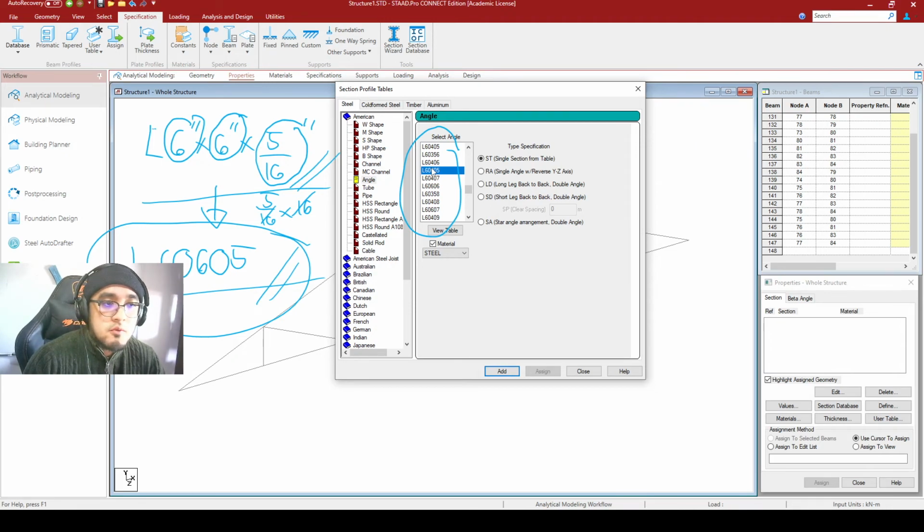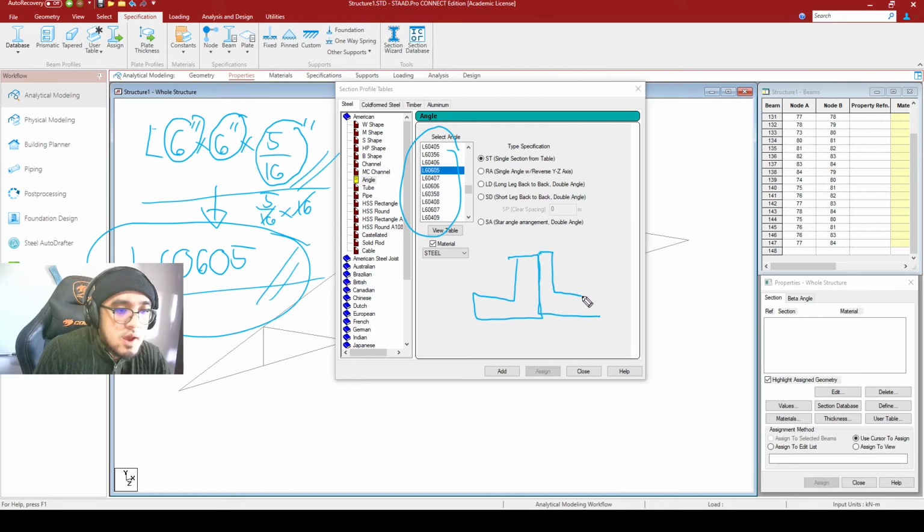So once you find your angle, and let's say that in this setup right here, I want it to be a double angle, and by double angle, literally speaking, dalawang angle siya. So let's say I want my angle to be like this. So ito yung isang angle natin, for example, and this is to be the other angle. So for example, that I want it to be this way for our section for our roof truss,